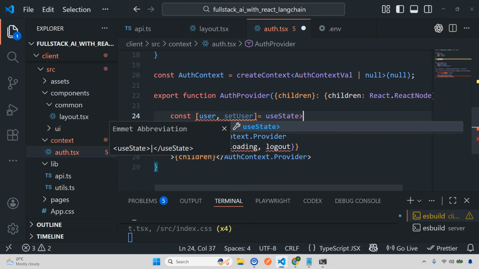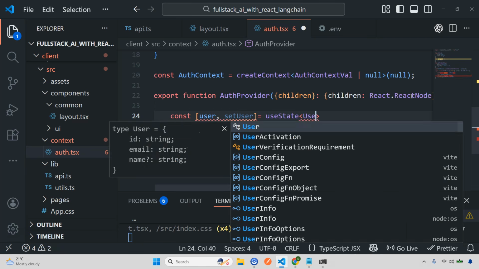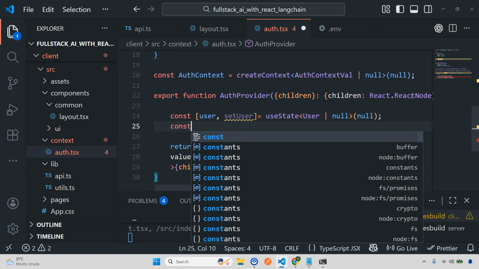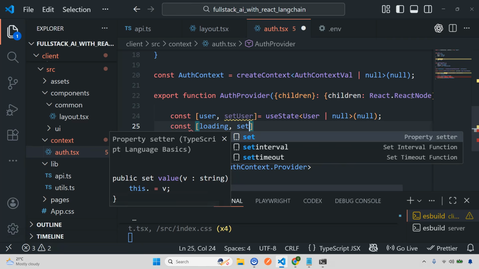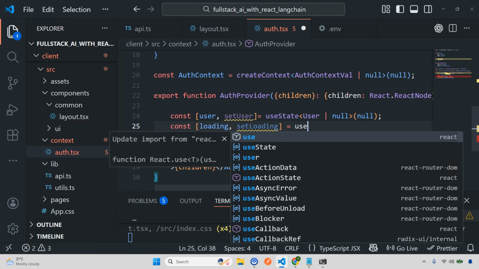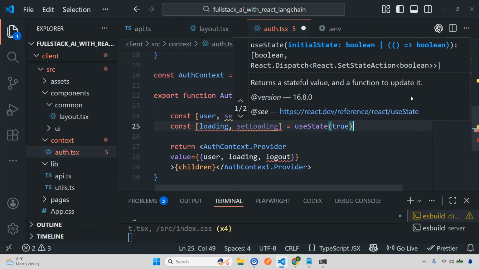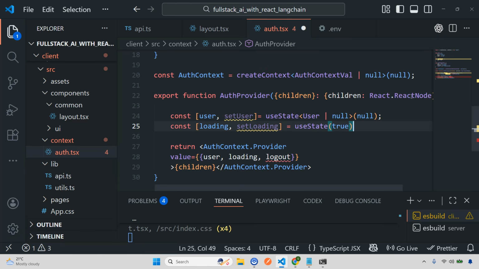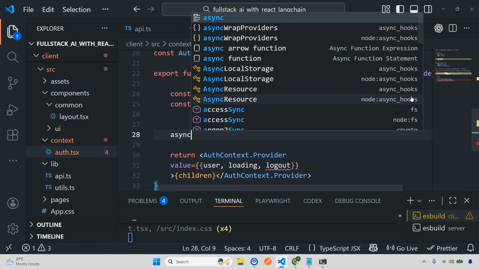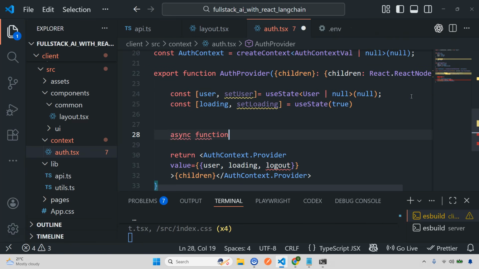So use state of what? This will be user, or this will be null, and the initial value will be null. Then we have the same for loading, so do const loading, set loading, and this will be use state of true. Okay, and now what we are going to do, simply we are also going to take one more function, which will be our logout. So I'm just going to do async function, this will be logout,